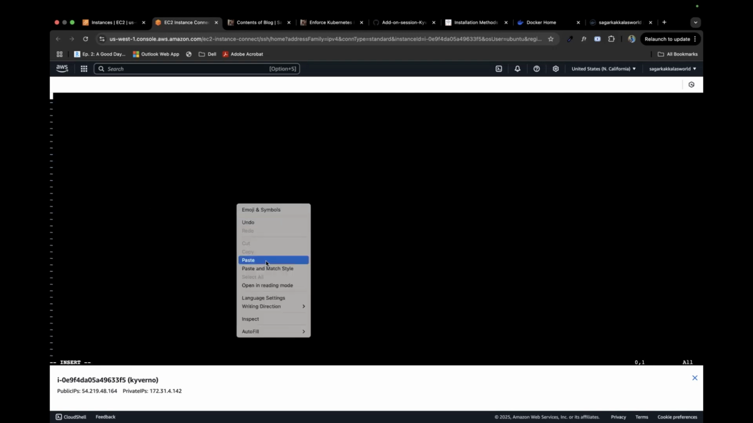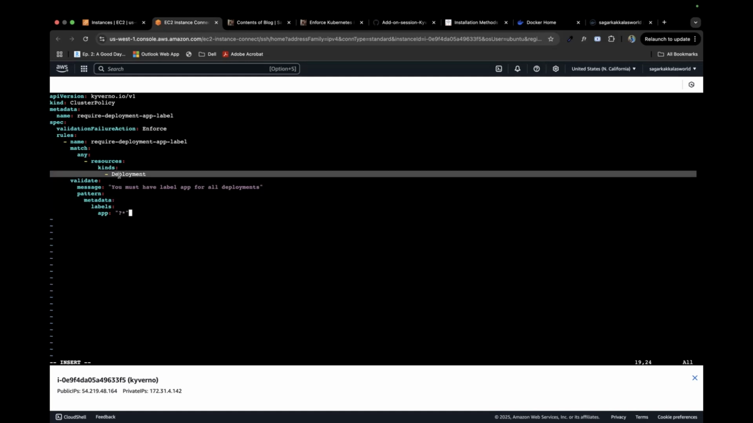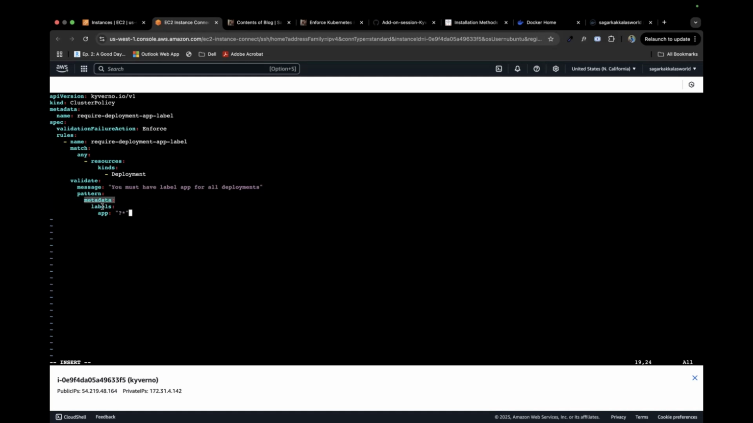But how can you change it to have the image? What's important here is the validation action enforce: only if this policy is true, only then will it allow creating the deployment. And it would create an issue only for deployment. If you want to add it for ingress, service, pods, we would be adding it in a list, down below the deployment you will be adding service, ingress and everything. What happens now is it will check for the pattern, and the pattern means it will check inside our deployment manifest file